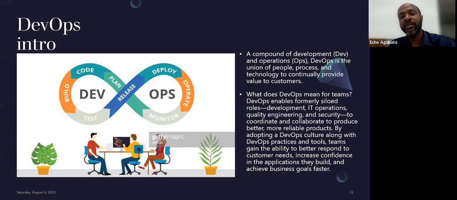So from test, it moves to release. From release, you move to deployment. At that stage, users and the public can make use of the application. And then we start operating it as IT. This operating here then means the work of support people. They are the ones that operate it. They can put it on, they can put it off, they can put off one feature and then put it on later. They can do different things, right?